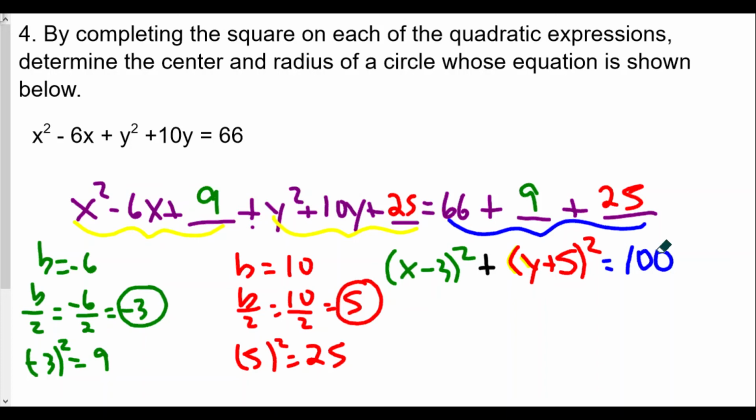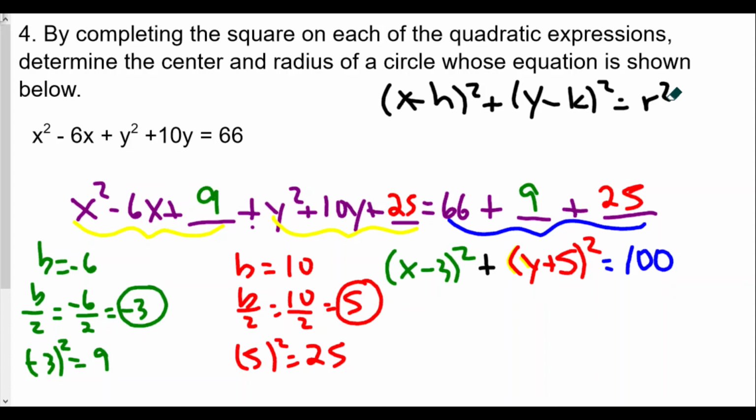So now we've written the equation in what they call center-radius form. And so remember, x minus h squared plus y minus k squared is equal to r squared. And so our center, because the center is h comma k, is going to be, in this case,